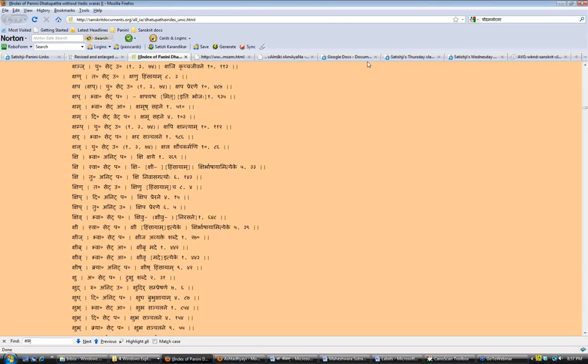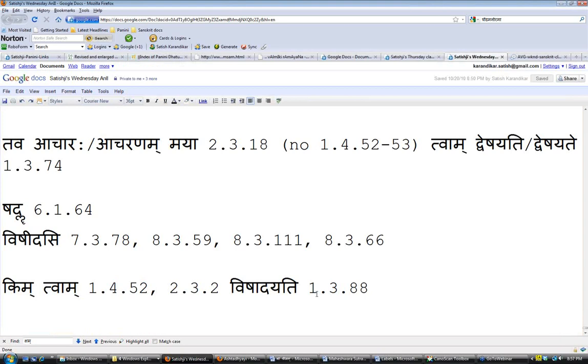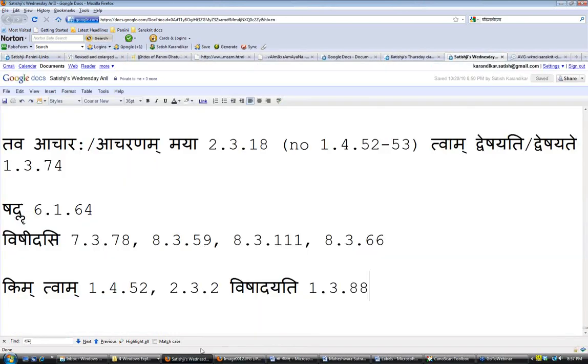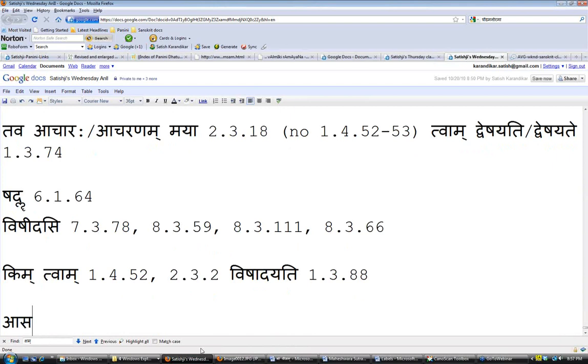Let's do this. Let's go here and let us say, okay, what are the examples? I forgot the example. So you should take heart. So the aniyavastha will be simply ashvasehe. How's that, Karthik? Okay to you?